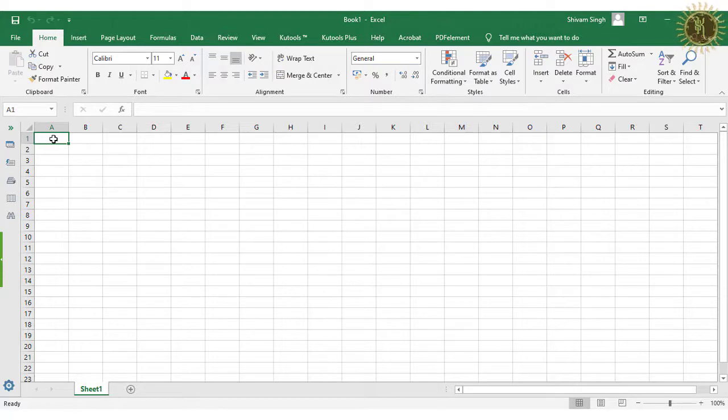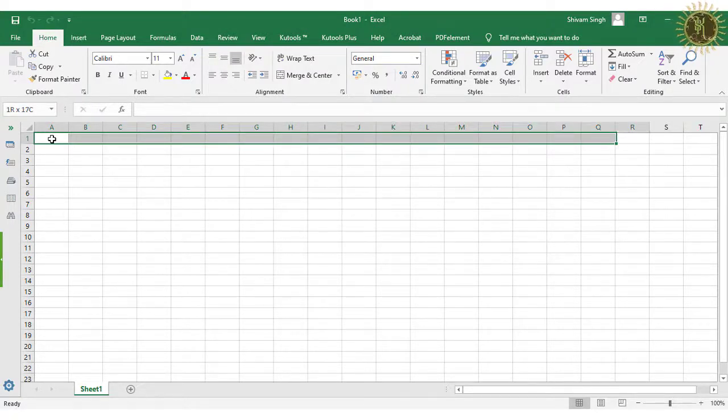Now the next point is to select a group of adjacent cells. To do this, first click and select the first cell in the group and hold down the Shift button. Then move with the right arrow key or any other arrow key, like this.